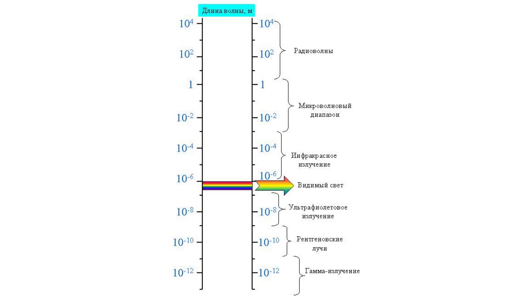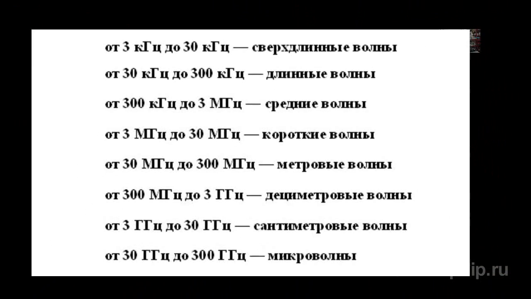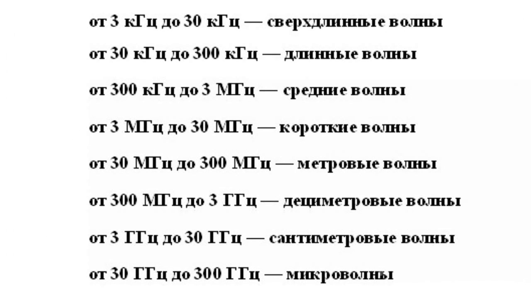Various regions of electromagnetic spectrum differ in the way of radiation and reception of waves pertaining to a certain spectrum region. That is why there are no sharp boundaries between various regions of electromagnetic spectrum. Radio waves are electromagnetic waves with length exceeding 0.1 mm, frequency less than 3000 GHz. There are several types of radio waves.